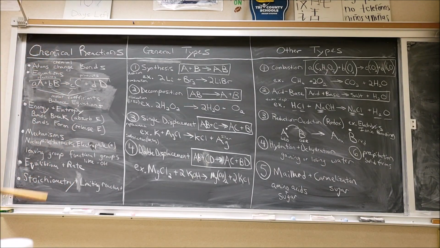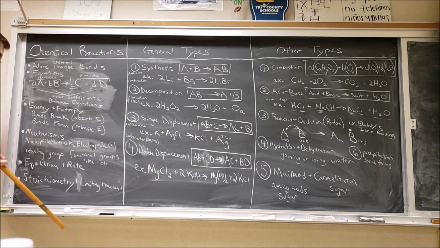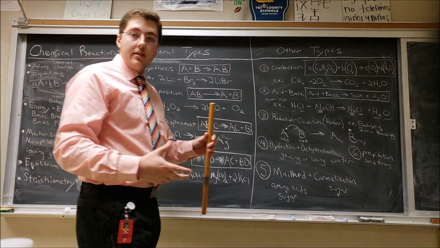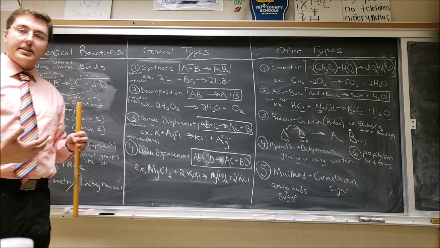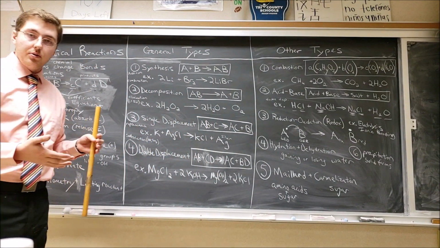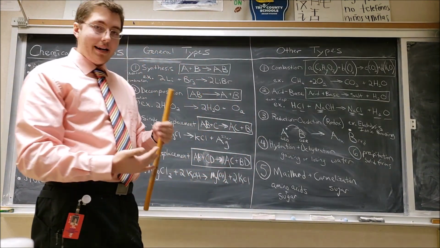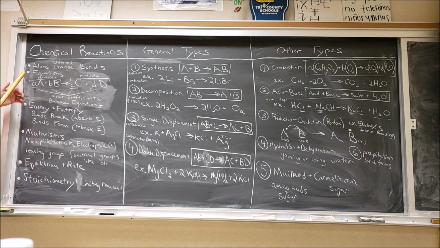Alrighty, and then the last major thing is stoichiometry and this idea of a limiting reactant. So stoichiometry pretty much is, do you have the right ratio? With your engine cylinders, you have fuel, right? You have gasoline that's combusting with oxygen. If you have too much fuel, that's a problem. If you have too much oxygen, that's a problem. We're trying to get the right ratio. And so bottom line is, if you look at the molar coefficients, A, B, C, D, we want those to